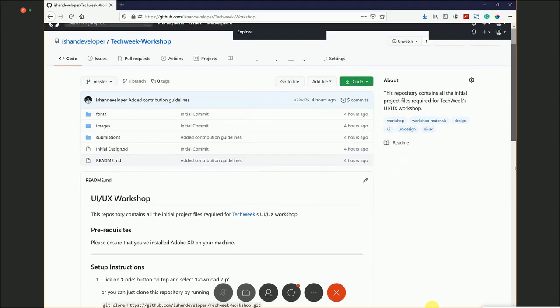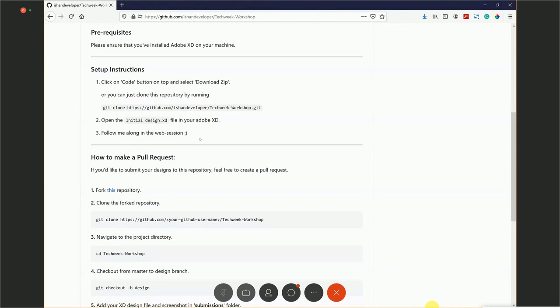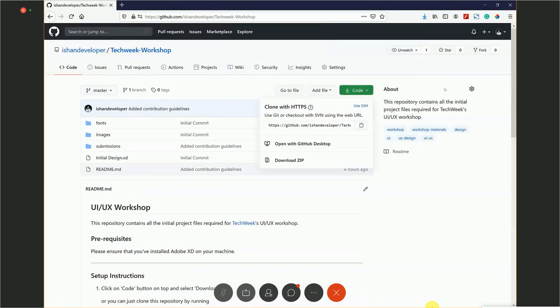It will open up this page here, and actually I have all these instructions written here, but still you can just clone it if you know that, or you can just download the zip here. Click this green button, Code, and click Download ZIP. Save that file, and once that file is open,